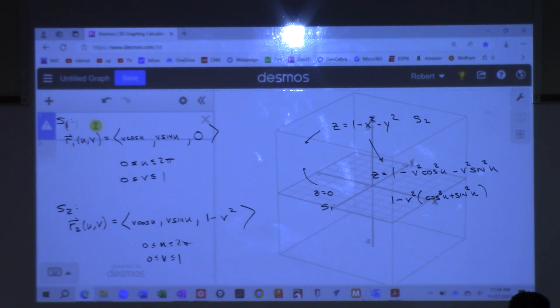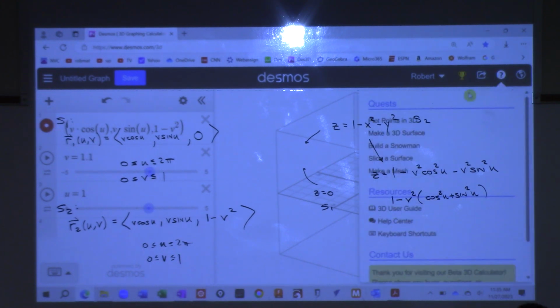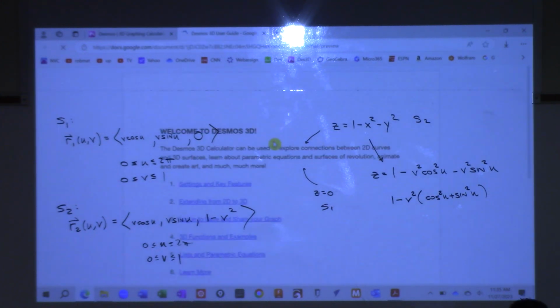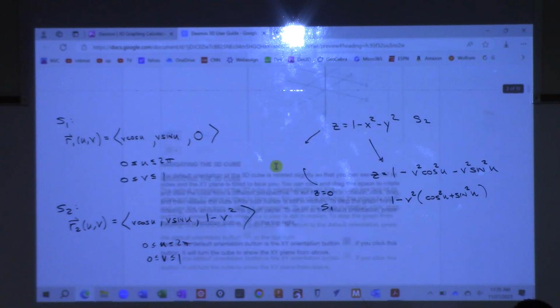Let me try V cosine U, V sine U. Oh, it's doing something. 1 minus V squared. What am I missing here? Oh, yeah, it's not. I'm just curious how to type this in, surface of